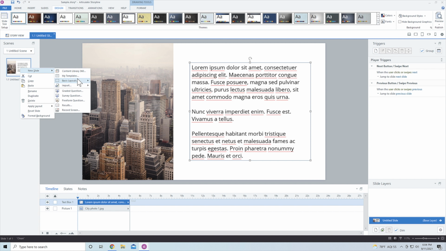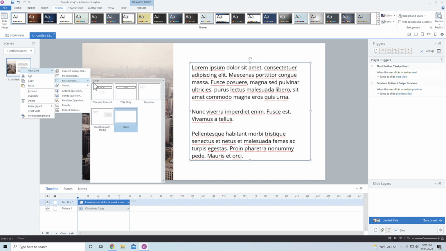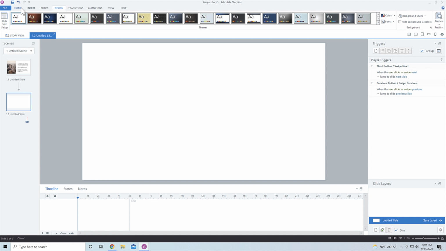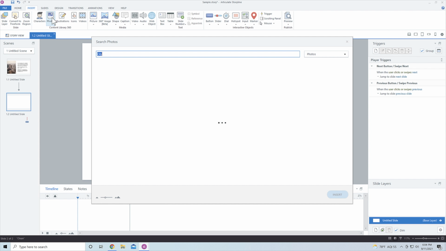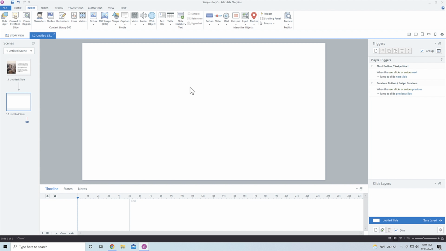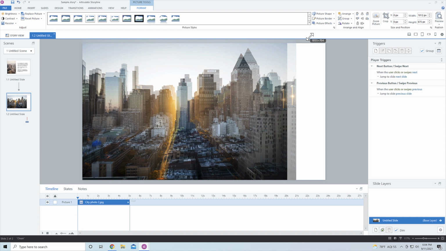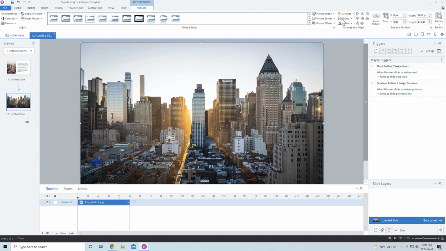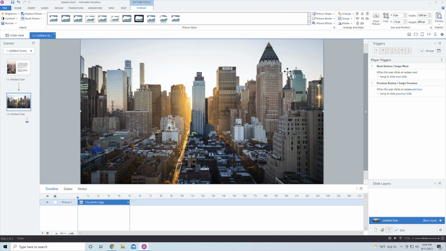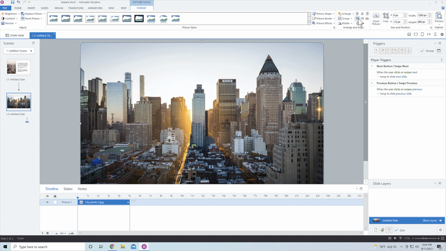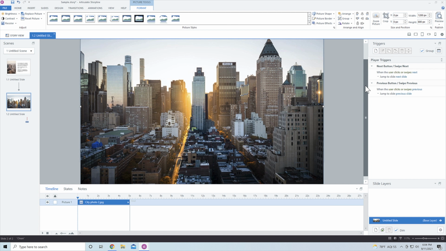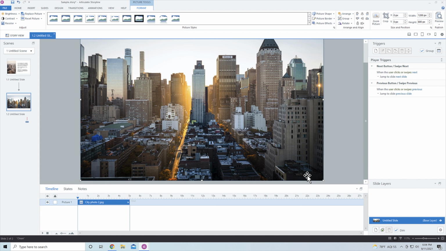Let's go ahead and add a new slide here. I'm going to go basic layout and then click on blank slide. And I'm going to insert an image from the Content Library 360 here. And I'm going to have this image fill the entire screen. It doesn't quite fit, but if I stretch this out a little bit so the width at least fits here, and then I bring that down, you can use the arrange and align and go to the top here, bring that down. I like to make sure that my picture is not overlapping, because sometimes I may place something on the bottom of the picture, but it may be off the stage.